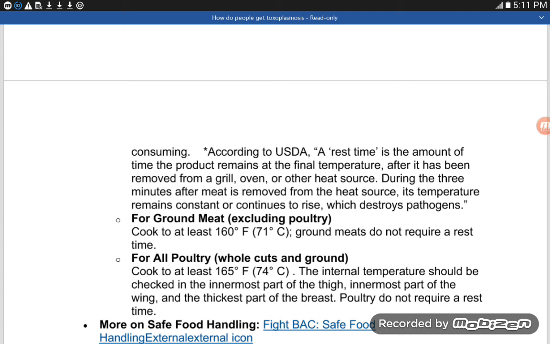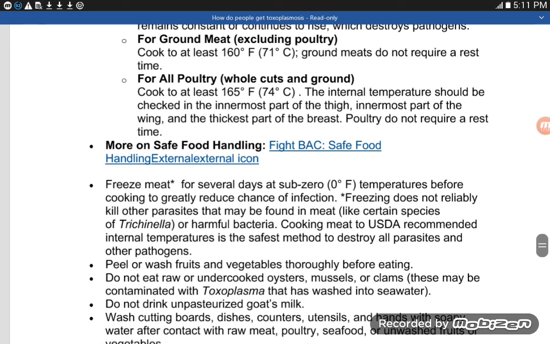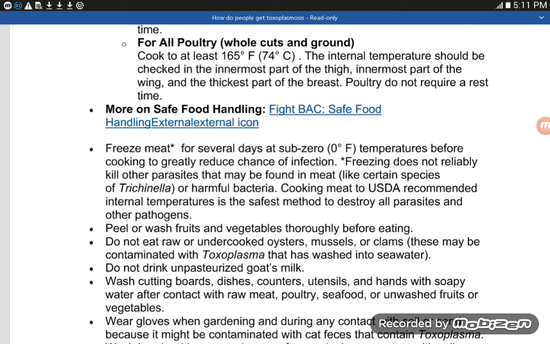Poultry do not require a rest time. Here also no need for rest time. So freeze meat for several days at sub-zero, that means 0 Fahrenheit temperature, before cooking to greatly reduce the chance of